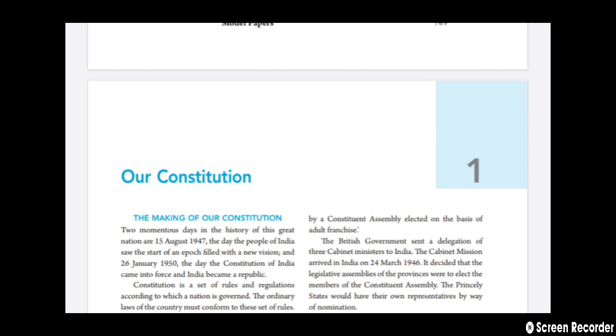The two momentous days: one is 15th August 1947, the day when the people of India saw the start of an epoch filled with a new vision when we got the freedom, and 26th January 1950, the day of